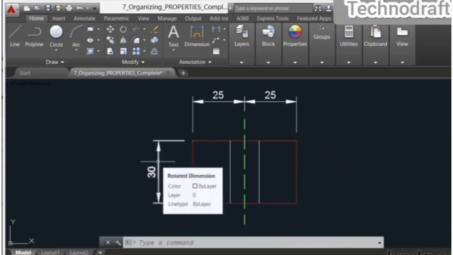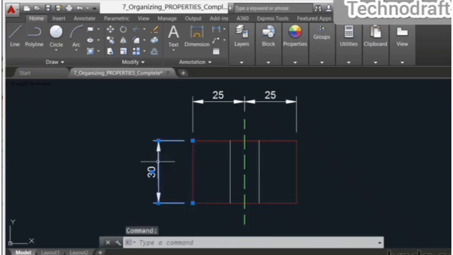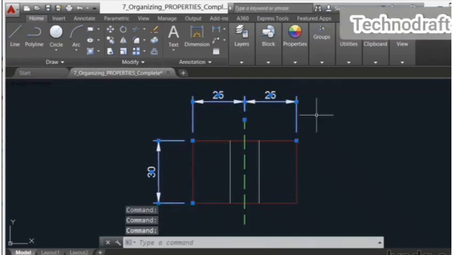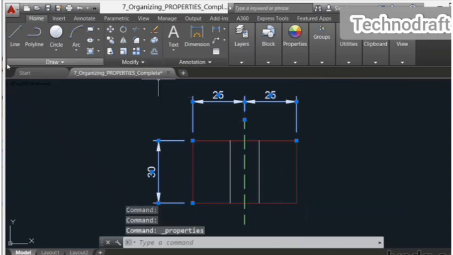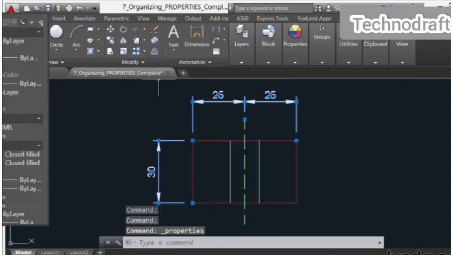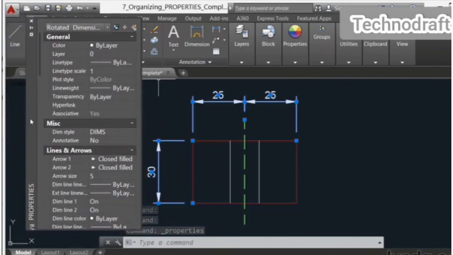For example, if I select each dimension like so, and then right click on the drawing area, let's go to the shortcut menu right down near the bottom. You will find the properties palette, which has just appeared slightly off the screen there. There will be the properties palette, so you can see that we have got rotated dimension, as they are called in AutoCAD,